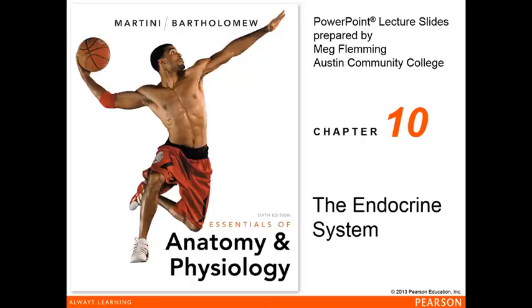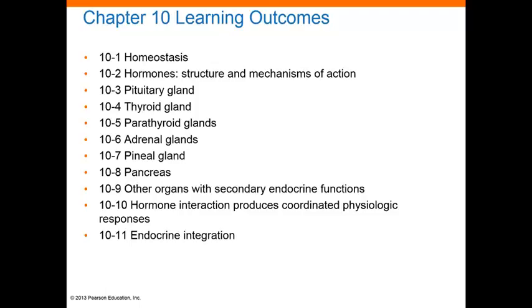Chapter 10 investigates the endocrine system of the human body. In this chapter, we'll explain the role of intercellular communication in homeostasis and describe the complementary roles of the endocrine and nervous systems. We'll contrast the major structural classes of hormones and explain the general mechanisms of hormonal action on target organs. We'll then describe the location, hormones, and functions of the pituitary gland, the thyroid gland, the parathyroid glands,